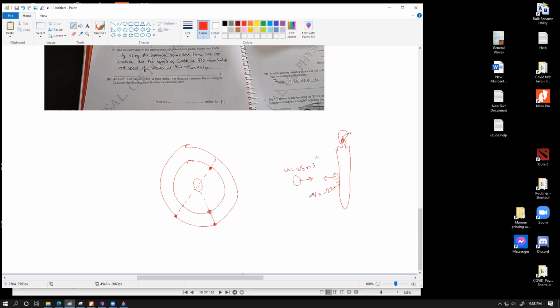I said that this initial velocity is towards right, which is given as 25 meters per second. After the rebound, the ball is now moving in the opposite direction. So the final velocity should be given by a negative sign, because velocity depends on direction. If this velocity is represented as positive, this should be given as a negative velocity.